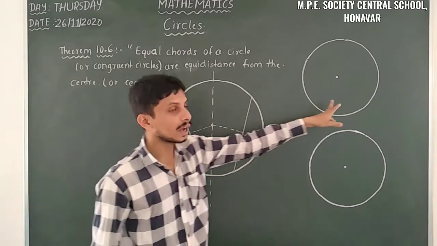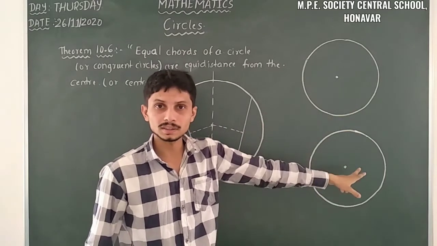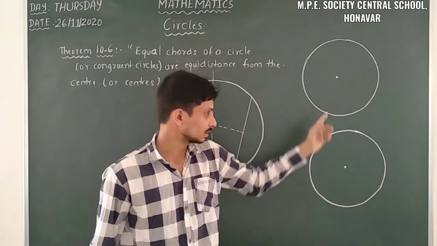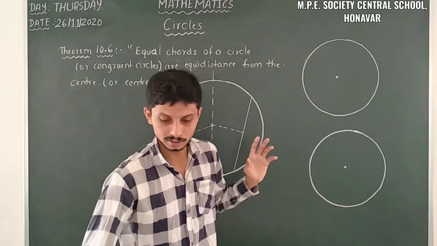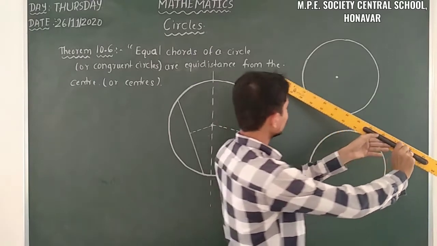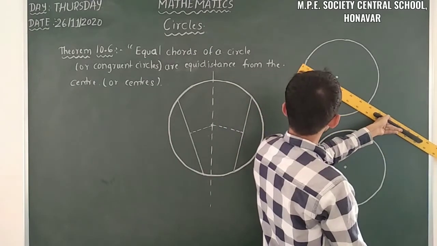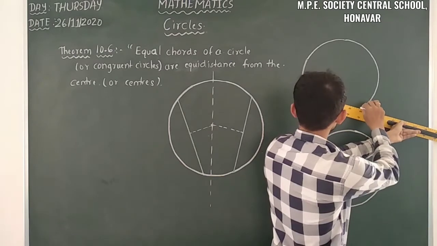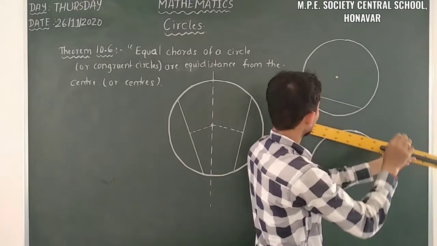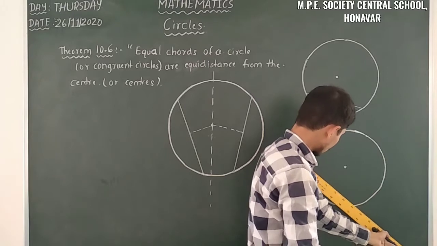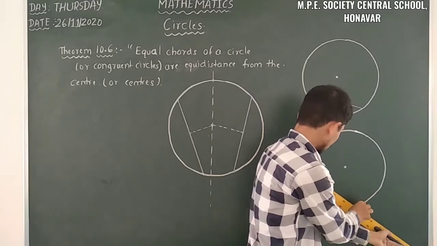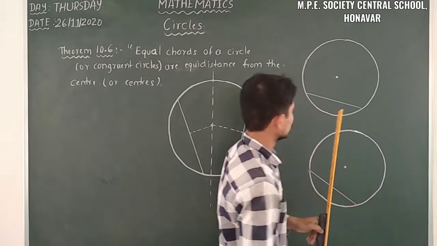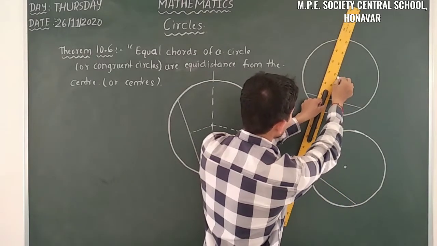Yes. So then we have to take the congruent circles. Here the radius of the circle is the same for those two circles. Yes. So let us take the same length here. Here I will take the same length, or I will take a small one. Yes. So up to 25 here I will take, and then here also the same. Here I will take the same length of chord here. So then we have to draw a perpendicular line here.